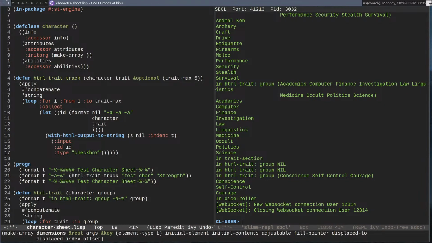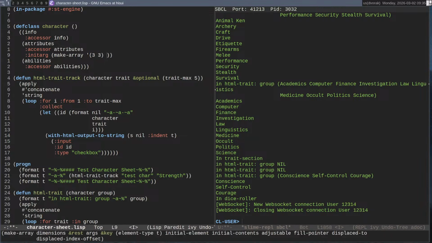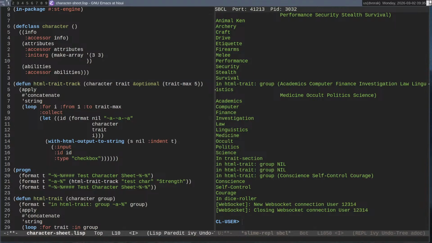And it's going to be an array of 9? Or do I want an array of 3 and 3? I'm not 100% sure. We'll do 3 and 3. I think I can then access a flattened list. So an array of 3 by 3.